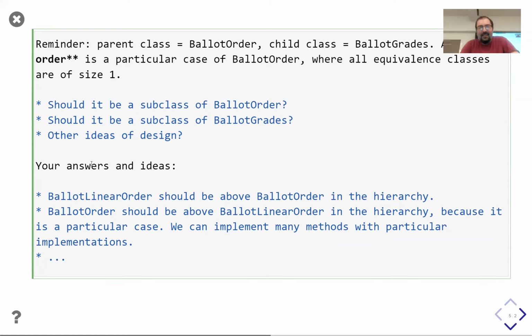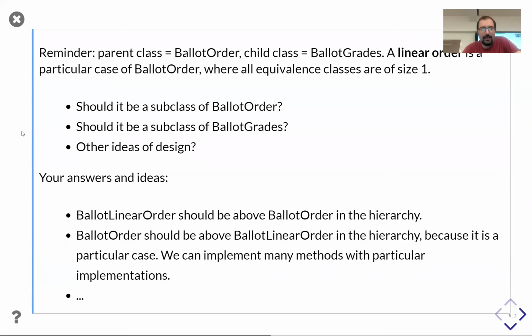Okay, other ideas? Intuitions? Okay, so let's have a look. From the point of view of LSP, the question is: what you do with the linear order, can you always do it with a weak order, and vice versa?